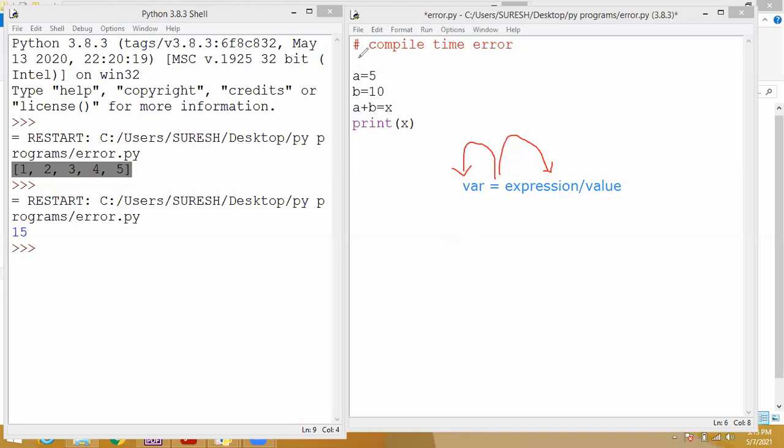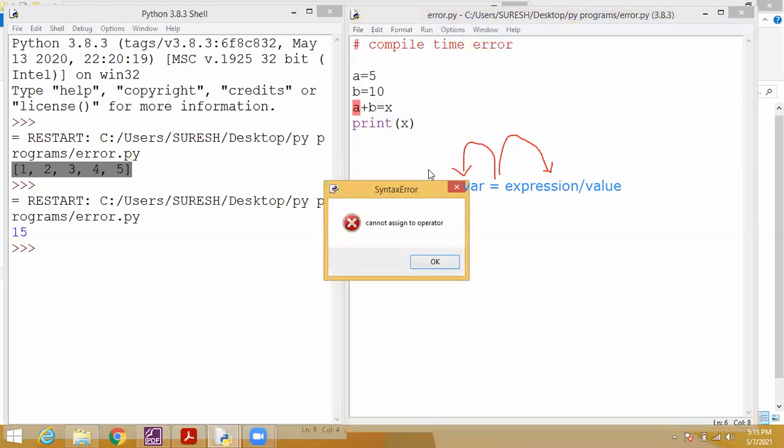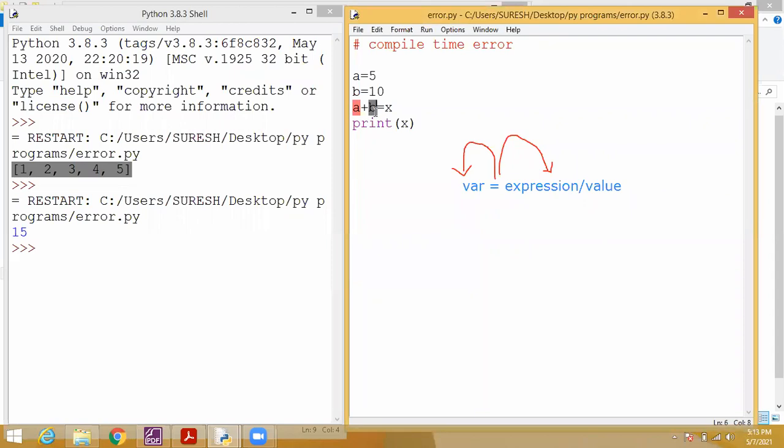If I execute this one, it will show an error. See, cannot assign to operator, it cannot assign, right? Students understood? So there will be some errors, something violating the rules, so we should know all kinds of errors.